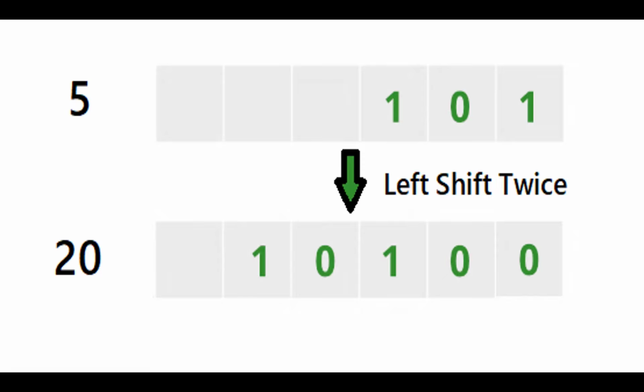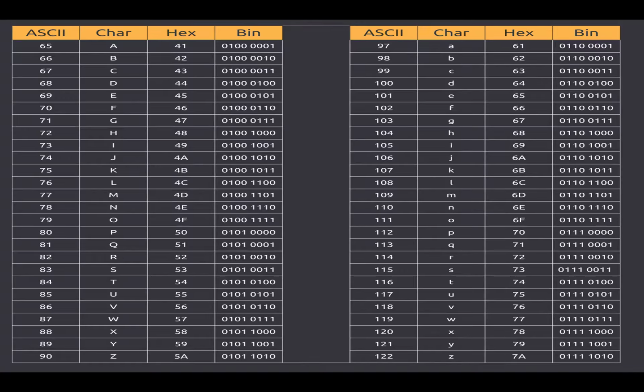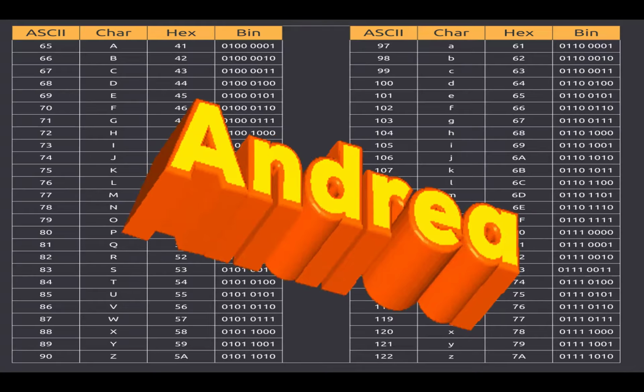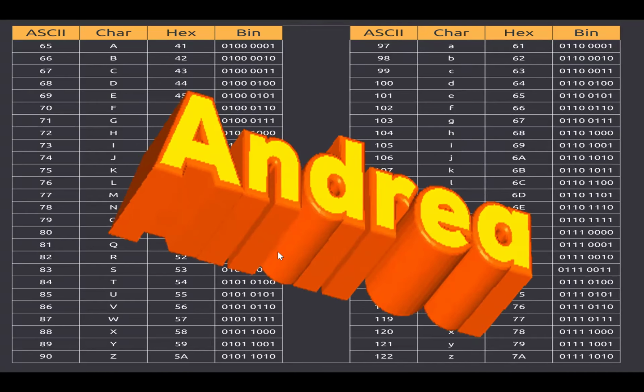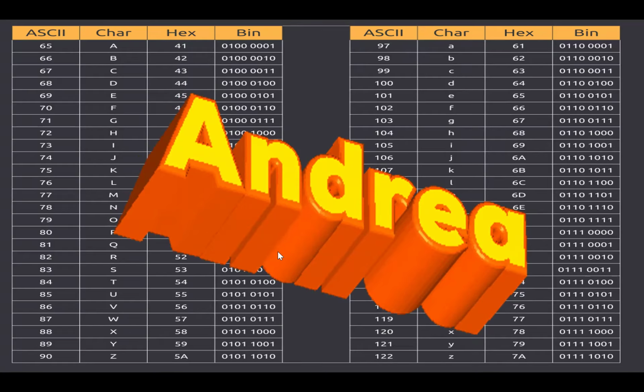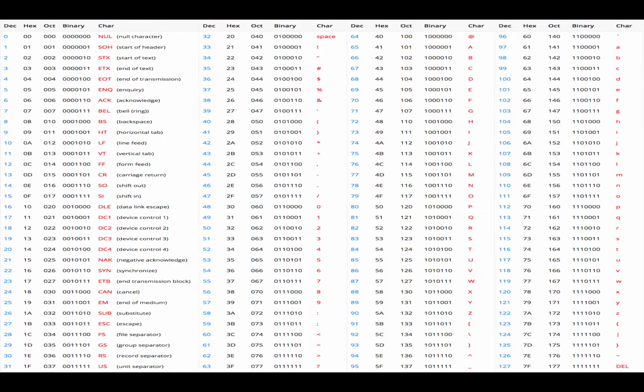Let's talk about character encoding like ASCII and Unicode. Do you already know my name, right? My name is Andrea. Yes. How does my name become, or your name, or whoever's name, become data? Through ASCII. Each character is a number. So let's see, for example, my name. A here, capital letter A in binary is